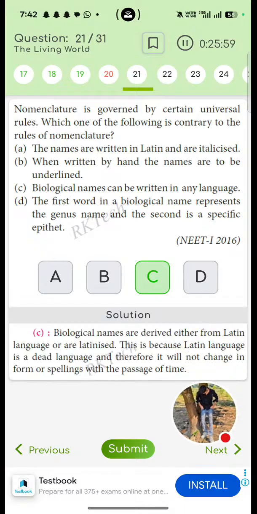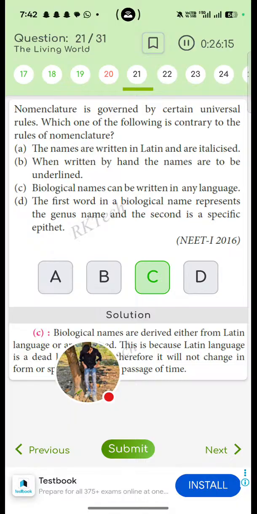Why C? Because biological names are derived either from the Latin language or Latinized. This is because Latin is a dead language and therefore it will not change in the form of spelling with the passage of time. Next,